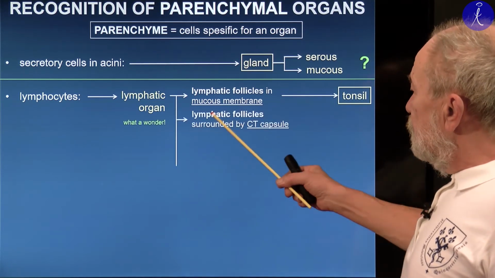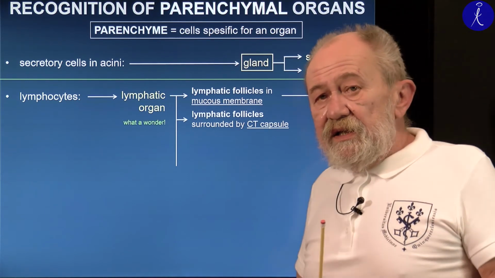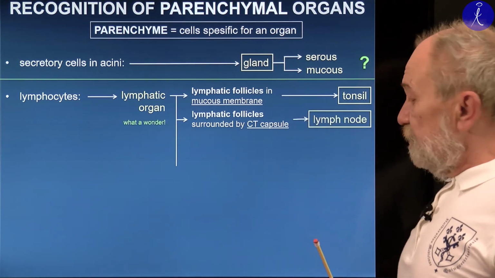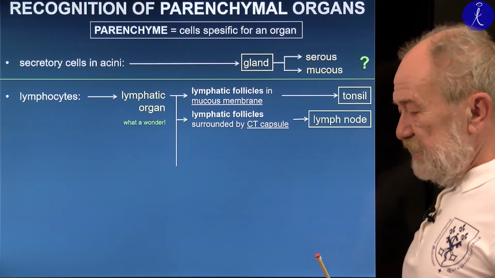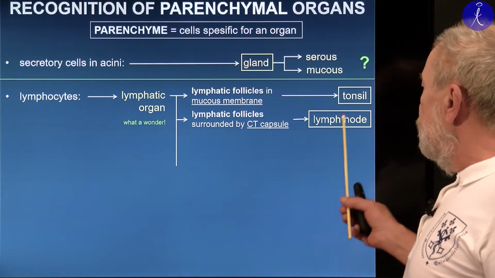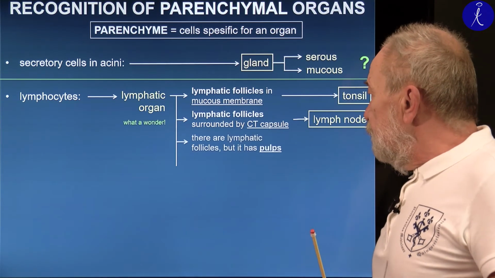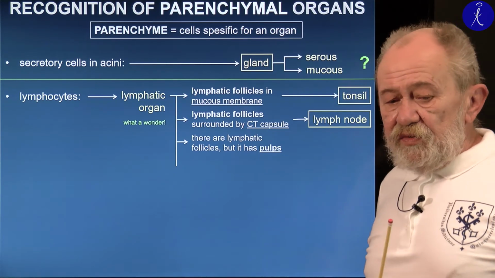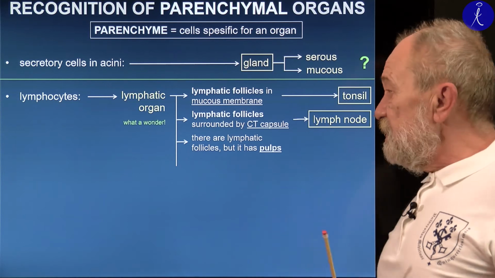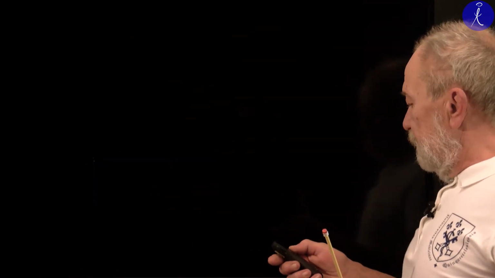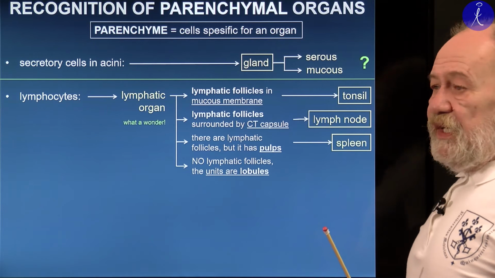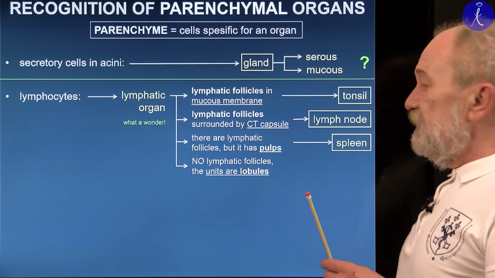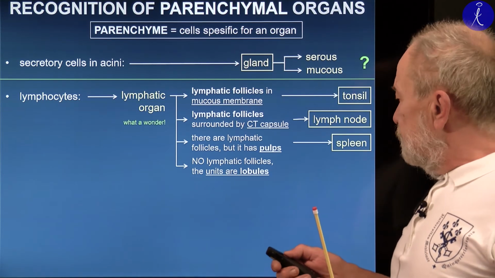If there is the same aggregation of lymphatic follicles, but surrounded by a connective tissue capsule, that is characteristic of the lymph node. If there are lymphatic follicles, but in general you can differentiate between two pulps, white and red, two different substances, that characterizes the spleen. And if there are no lymphatic follicles, but the organ is lobulated, so the units are lobules, then the thymus